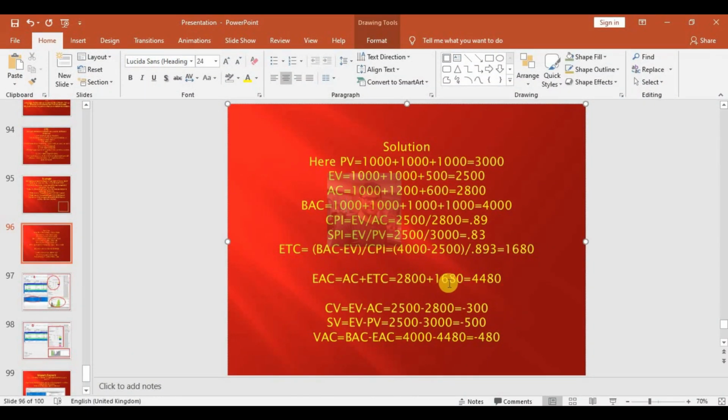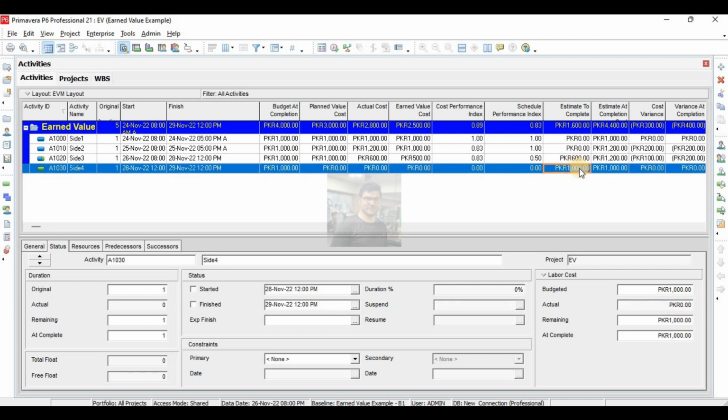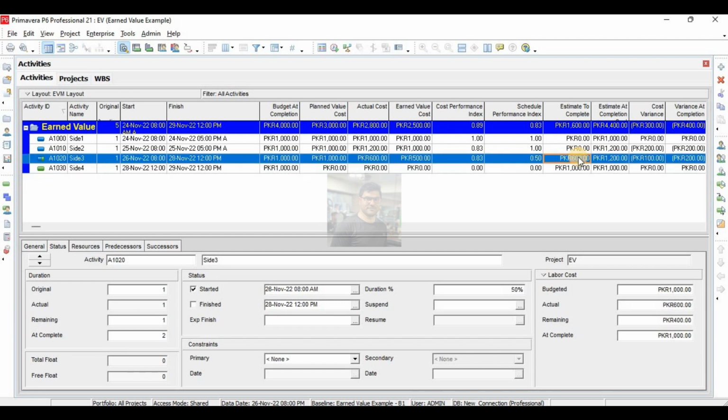But here Primavera gives some problem. Estimate to complete. It is 1680. Here Primavera gives 1600. How Primavera gives this 1600 is just simply Primavera is adding these two. And CPI, Primavera is not calculating correct CPI because there are some flaws in Primavera, because basic purpose of Primavera is CPM analysis, not costing.